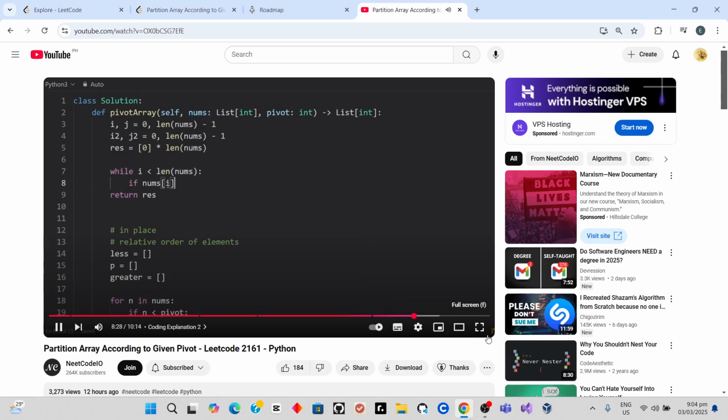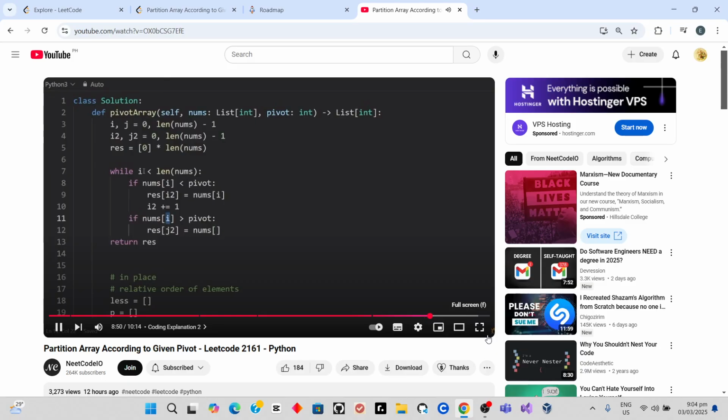We're going to check if the number at index I is less than the pivot, in which case then we will say in the result, not at index I, but at I2, we're going to set this number, and then we will increment I2. Otherwise, maybe the number is greater than the pivot, in which case then we will assign it to J2. This part, we're actually going to be using the J pointer for that. So let me check if